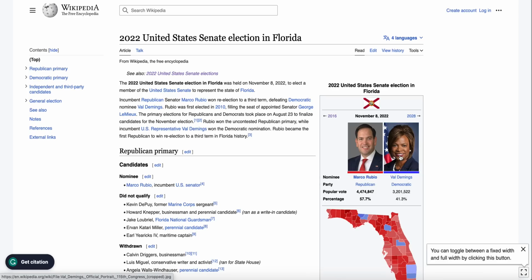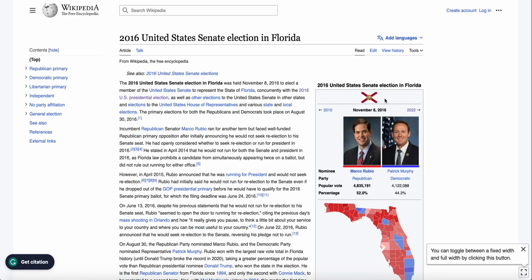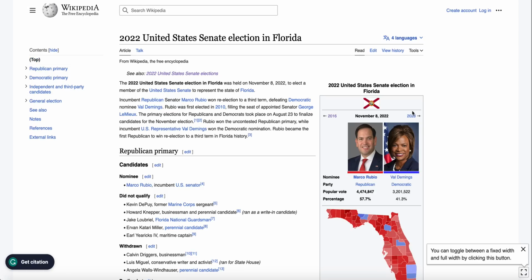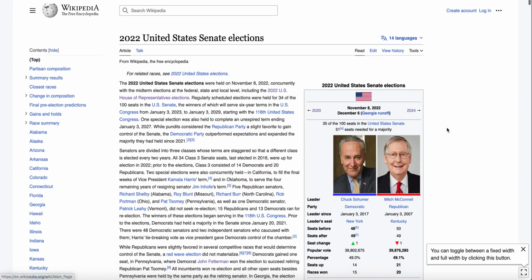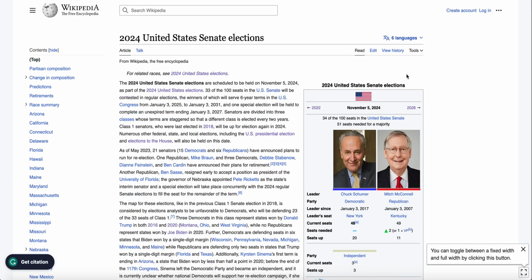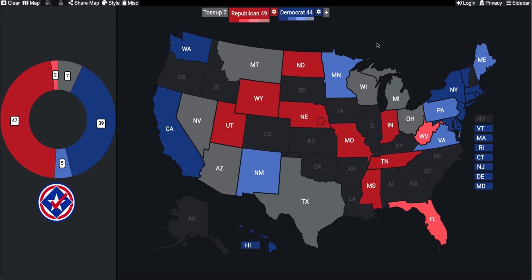I mean, these results here show me that Florida, the state that even Marco Rubio won by just 7 points, and it seems like just 7, but this is one of the most contentious states in the union, or at least it used to be. Marco Rubio won by 7 in 2016. I thought, okay, maybe he'll win by 9 this time. No, he won by 16 points against Val Demings, who was a vice presidential hopeful for President Joe Biden. So there are a lot of dynamics at play in the state of Florida, a lot that shocked me to say the least, but I do think that Florida is a state that Democrats, quite frankly, aren't going to be in a super good position at winning in 2024.